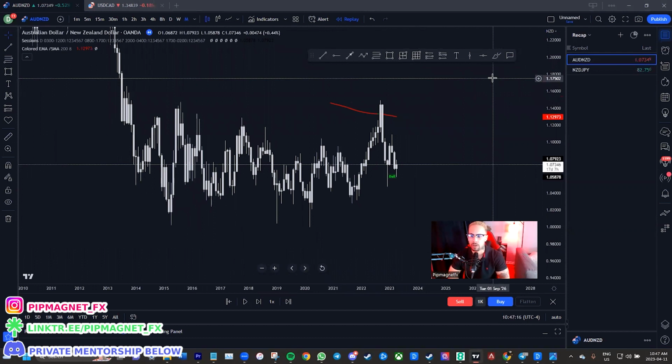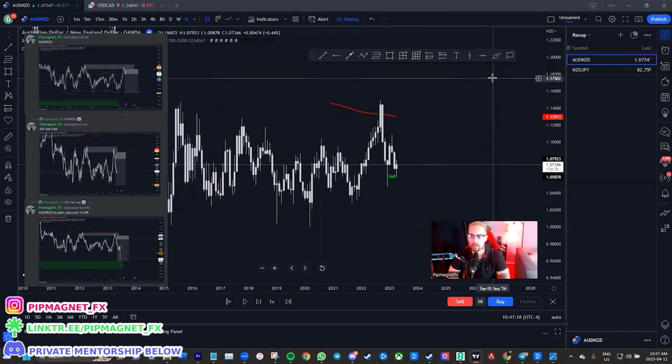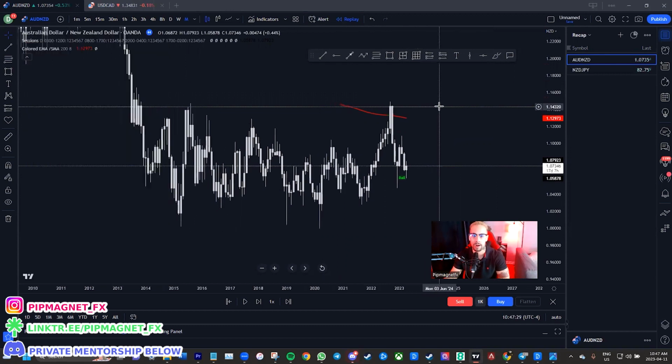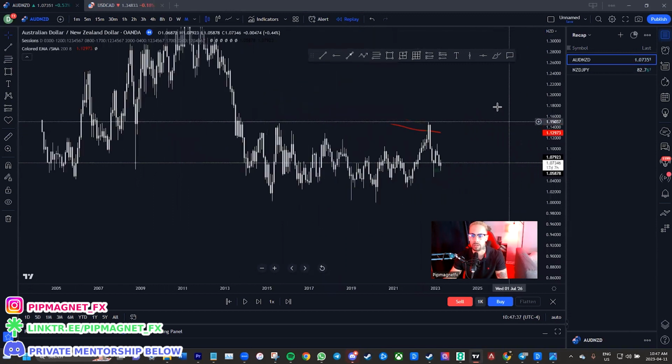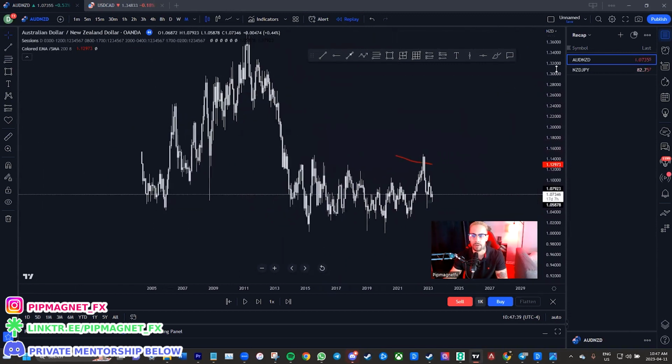Okay guys, we're gonna start our analysis with Aussie New Zealand dollar to begin. Like I said, we took one trade each on both these pairs and we netted about 9 to 10%, 10R, 10 risk to reward. I'm gonna start here on the monthly with Aussie New Zealand dollar and walk you through what I was seeing. So if we just zoom out and we look left, we could see that price made